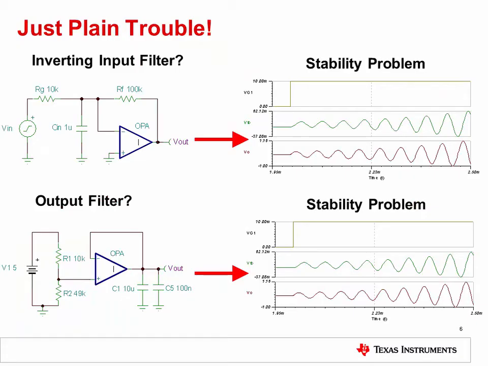These two circuits are just plain trouble. They will almost always have issues and should generally be avoided. Attempting to filter the signal at the inverting input or output by directly placing a capacitor on those nodes will directly create the two most common causes of op-amp stability issues. These designs are more likely to behave as oscillators as they are to do what was desired of them. If you see either of these circuits being designed, make sure they are thoroughly analyzed for stable operation before taking them to production.